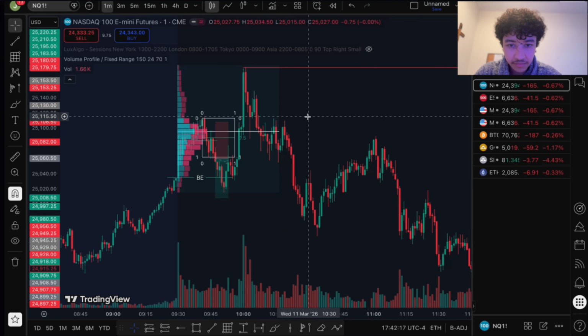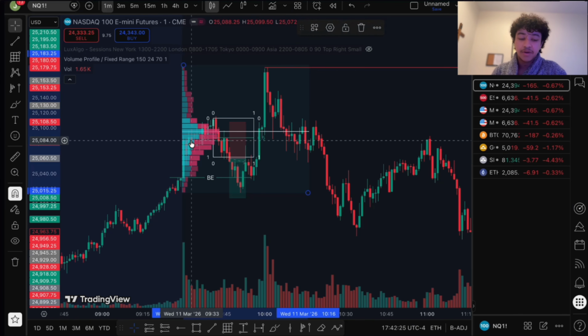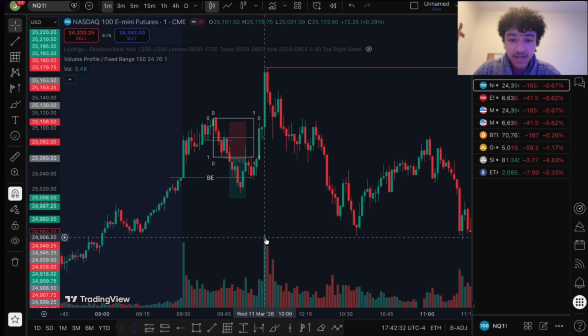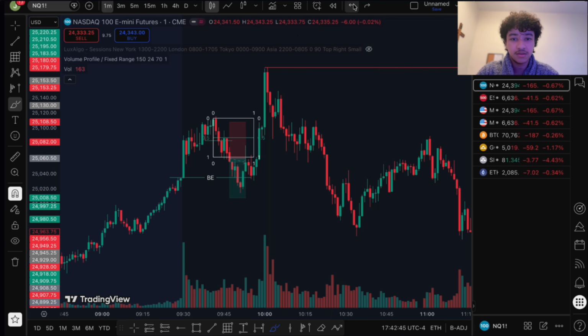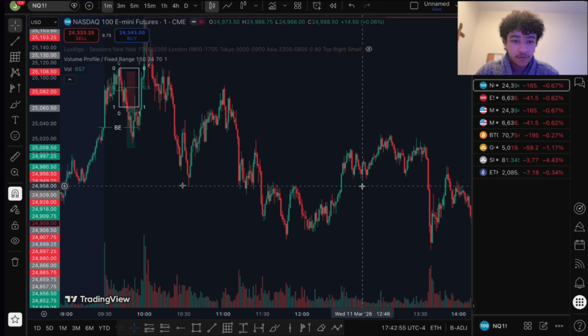If you go right here, you can see this acted as support, came back to this level and took a bounce up. I wouldn't recommend taking a trade just off of this. Because look, a big green candle, volume showing a lot of buying right here, but that doesn't necessarily mean it's going to continue up. If you did buy right here, you would have got stopped out immediately. So you can't just do that. I used the volume profile as an added reason to take that trade. Now, if we go back,